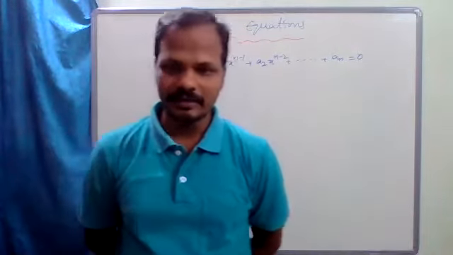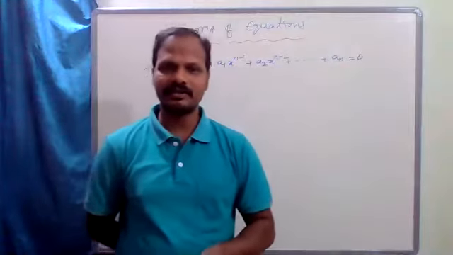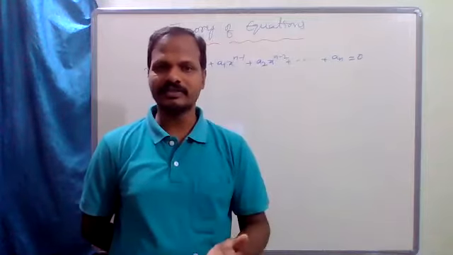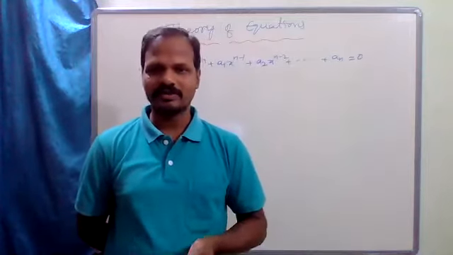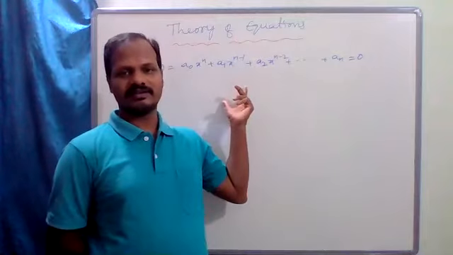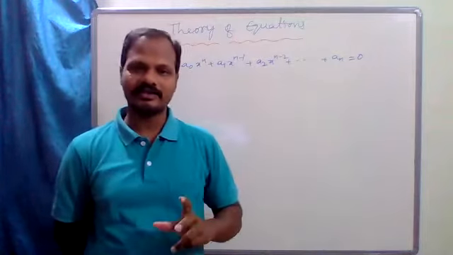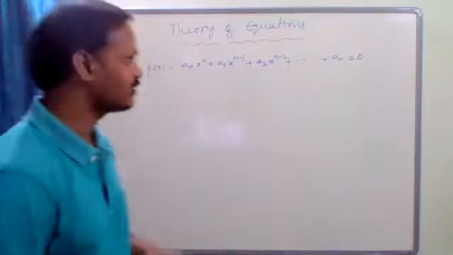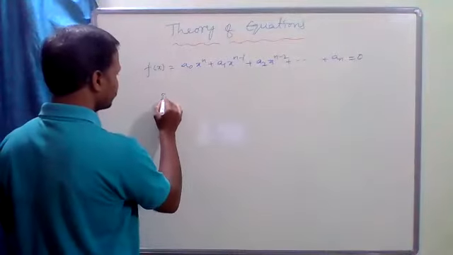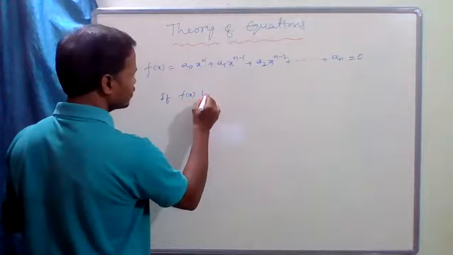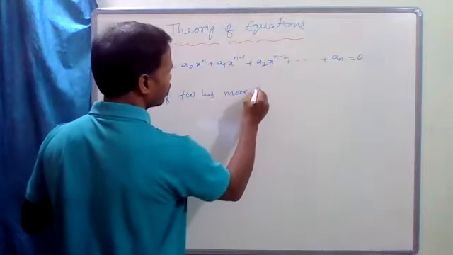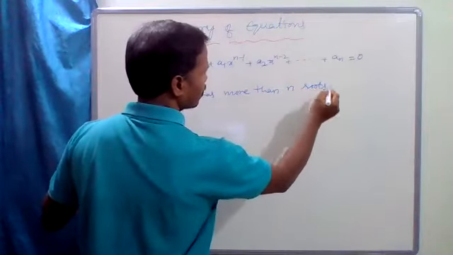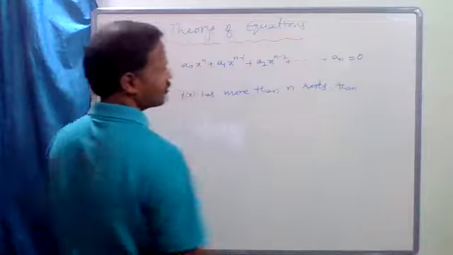Clear? Suppose you take a quadratic equation, it has at most two roots. If you take a cubic equation, it has at most three roots. Suppose this polynomial equation has more than n roots. If f(x) has more than n roots, then this becomes...